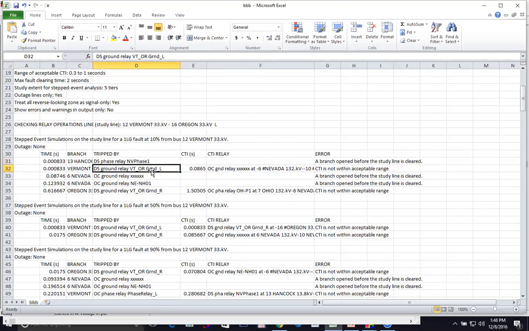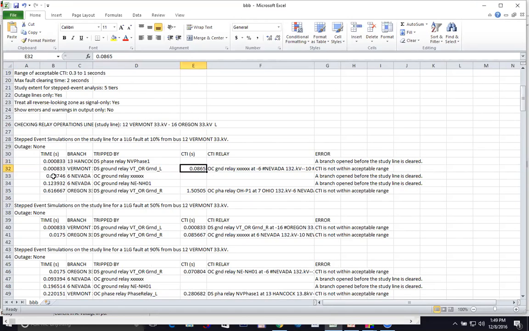Now the second event: actually, one of the two relays tripped. But the CTI is so tiny, it's 0.0865. In other words, there's another relay behind it that would have tripped 0.08 seconds later. So this is definitely something you need to look into.